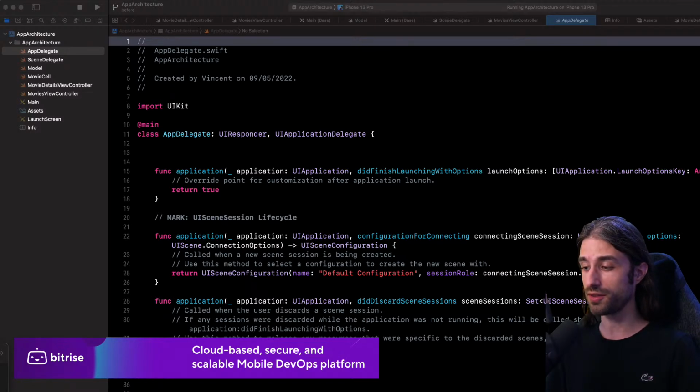Once we have the mocks and the dependency injection, then it will be only natural to implement a testing suite. And finally, we will finish by implementing a pattern known as the coordinator. The role of the coordinator is kind of similar to the view model, except that whereas the view model's job is to encapsulate the business logic, the job of the coordinator is to encapsulate the navigation logic.